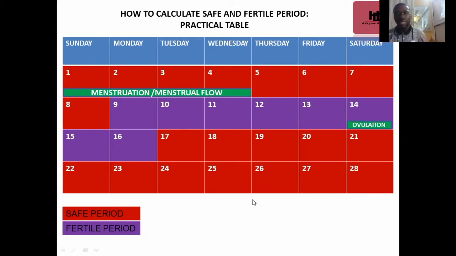A might have a cycle of 29 days, B might have a cycle of 30 days. However, the average period that we expect a normal menstrual cycle to be is 21 to 35 days. That's why when we see certain individuals coming to complain at the hospital, oh, my menstrual cycle is less than 20 days, it's no longer the way it is. If it is more than 21 days, we tell them it's okay. Just observe how it flows, the volume, the quantity that is flowing, the number of pads you are using per time.